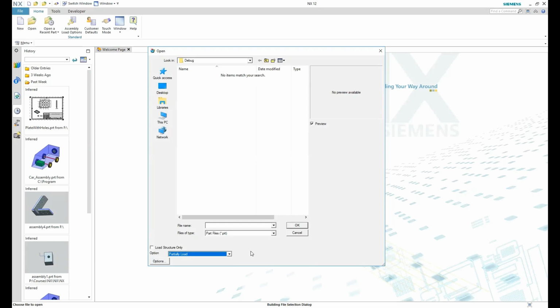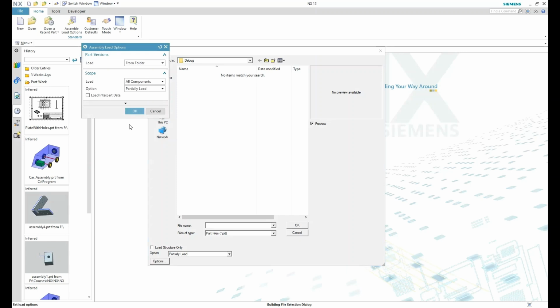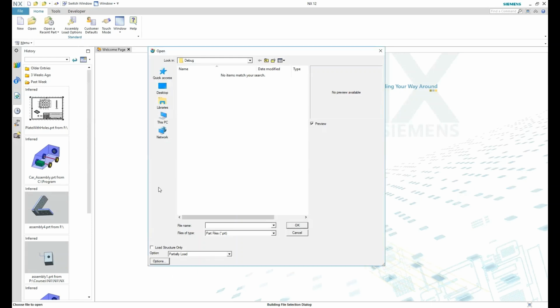Maybe you haven't all tried or are familiar with these options, but these are really important and useful options when you're working mainly with assemblies or large files. There are a few more options as well. We can load from folder, from saved or from search folders. And these are the options for loading all components, structure only, and so on. Again, this is related to the partial load that we have seen here. So these are the different options you can use while you are opening any